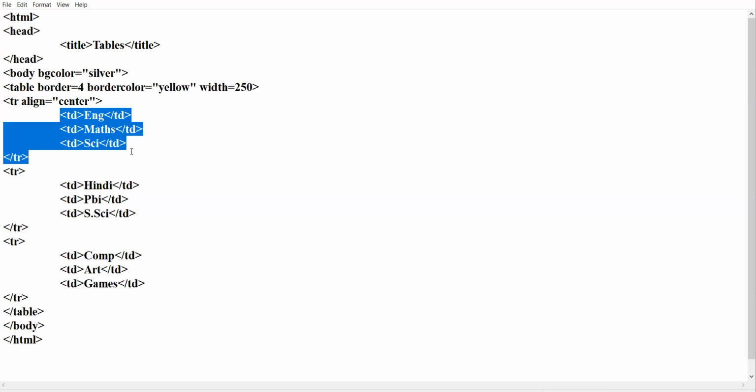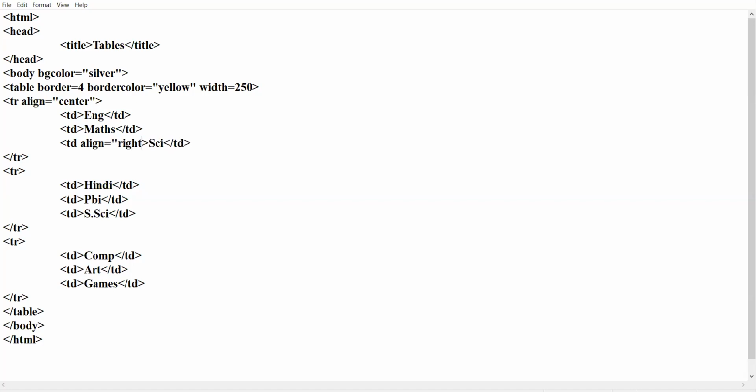But if you want to align one particular cell, suppose I want only this cell on the right side, then you click inside the td, give the align attribute and give the value right.